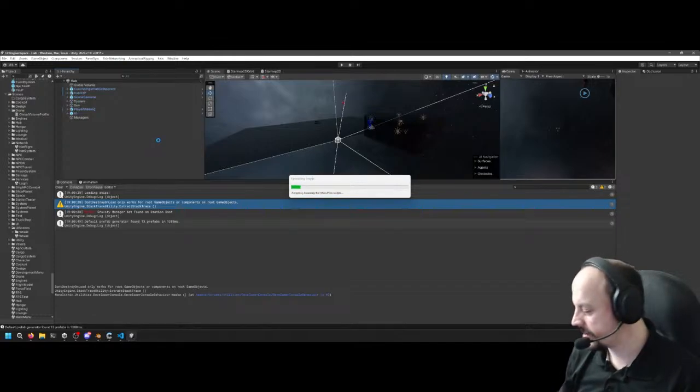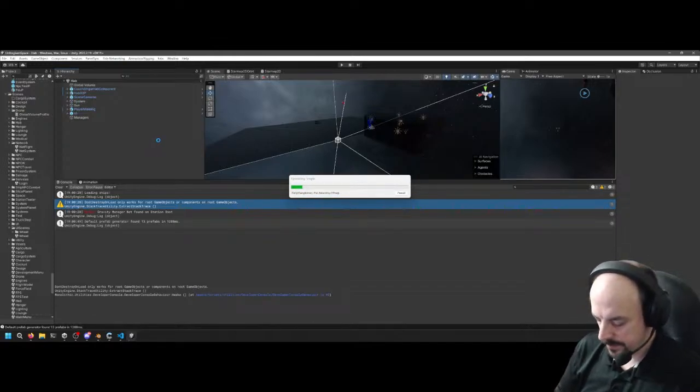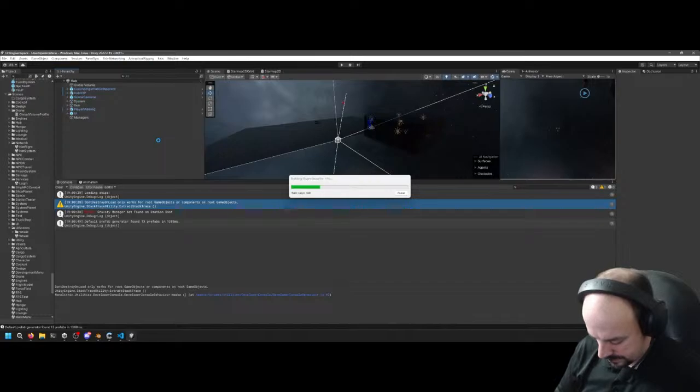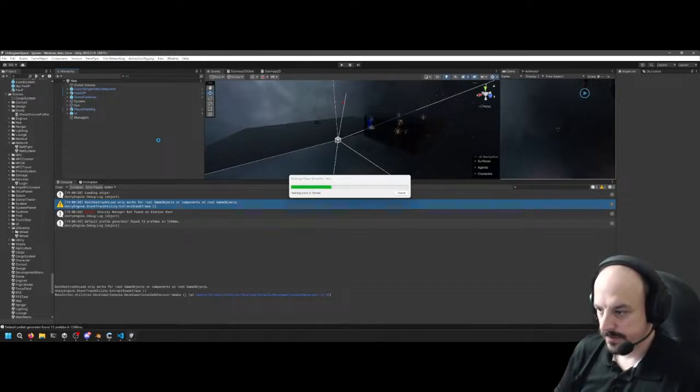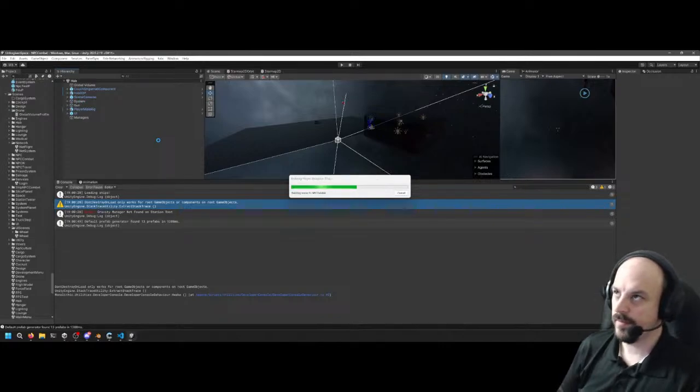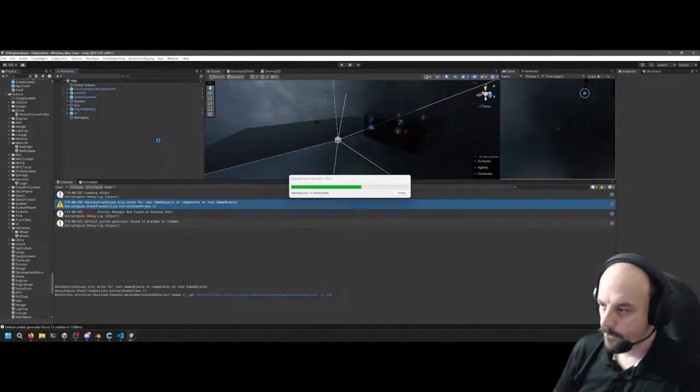Let me see how it runs here. What is draining my battery? Holy crap. Not really. If you can do it here, it'd be better because there's the curtain.